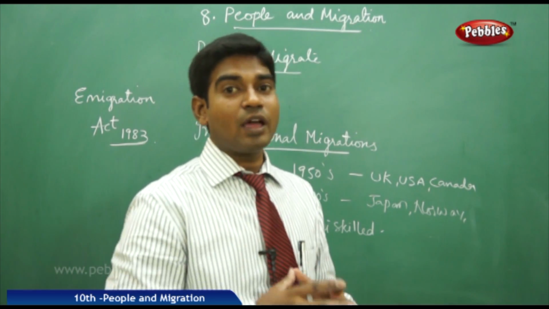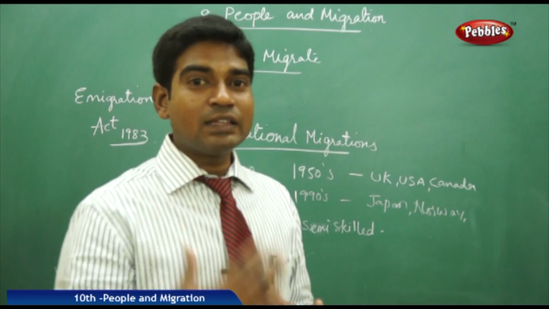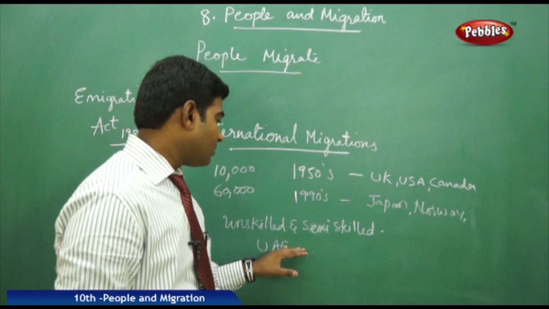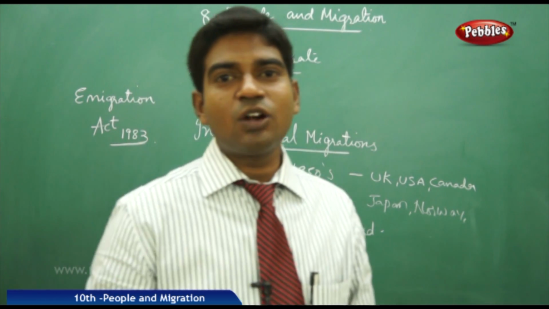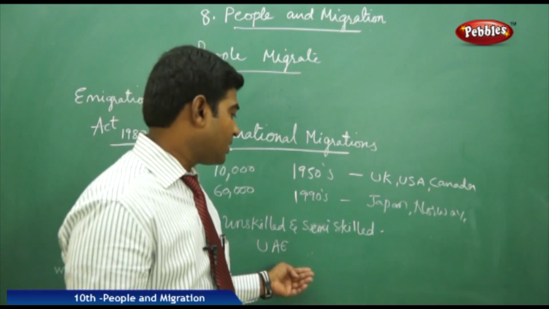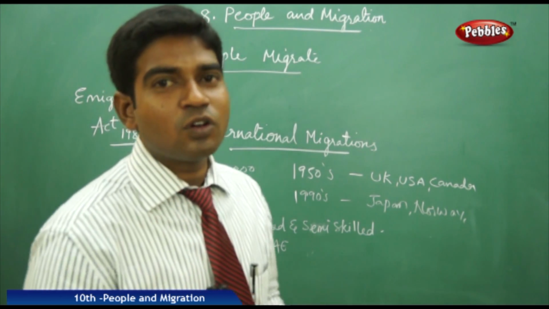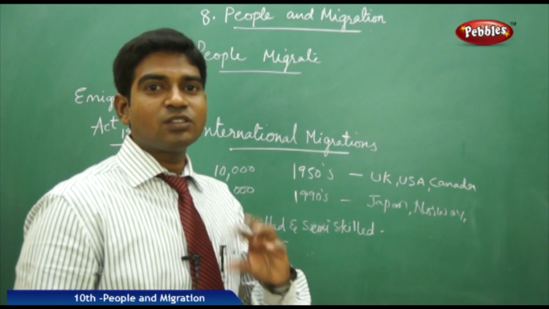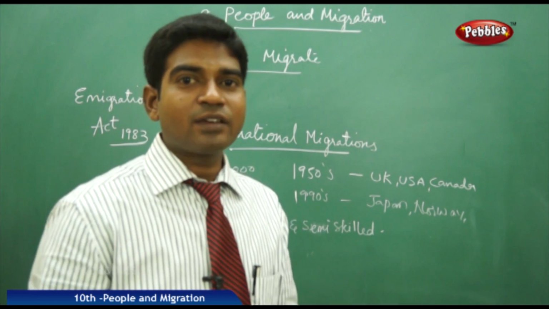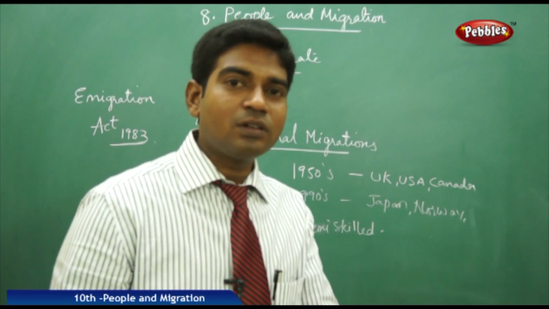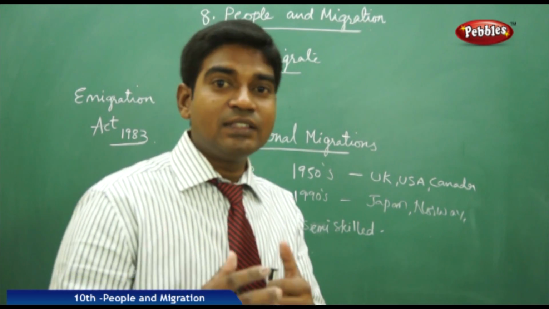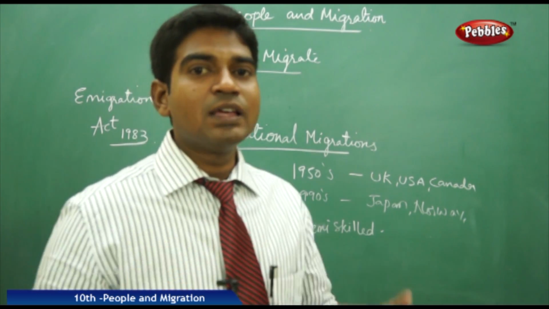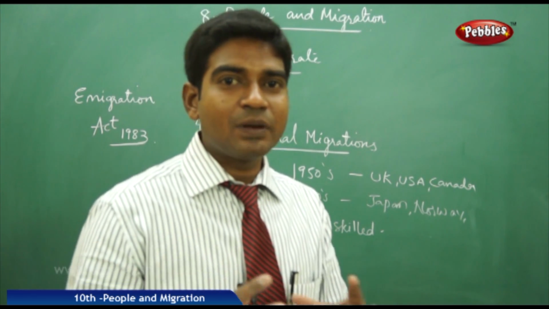Not only the highly professional or highly skilled people are moving from one place to another place, the semi-skilled and unskilled labor is also taken care of in other places abroad. Like we have people moving from Andhra, Kerala, Tamil Nadu and other regions, moving to countries like UAE, UK, and all the semi-skilled people are moving towards other places, because there we are getting unskilled and semi-skilled workers, like people working in the oil industries, oil and exporting industries, packing of the barrels and all these things. So people tend to get migrated to these countries also nowadays. This has also increased, like every year we are getting some 2 lakh to 3 lakh people getting migrated from the Andhra region or from the South India region towards countries like Dubai, the places where we get the